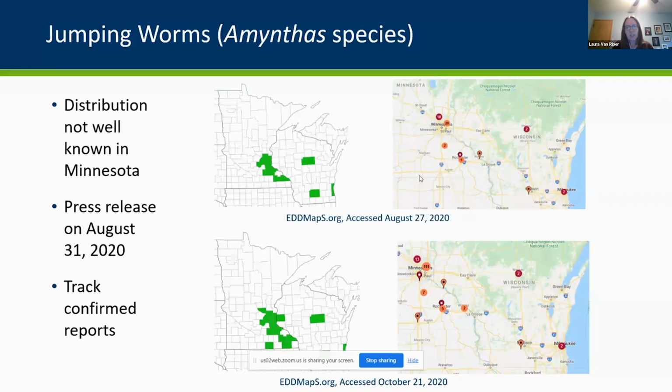So one kind of neat example here: the top map shows what we knew about jumping worm distribution on August 27th, 2020. We kind of knew that the Twin Cities metro area and some of southeast Minnesota had confirmed jumping worms. We had about 30 reports in the Twin Cities area. We did a big press release on August 31st. It got widely picked up. We got a lot of coverage and people got reports to me at the DNR, and I helped get those reports into EDDMapS. So we can see that afterwards we have a better understanding of where jumping worms have been